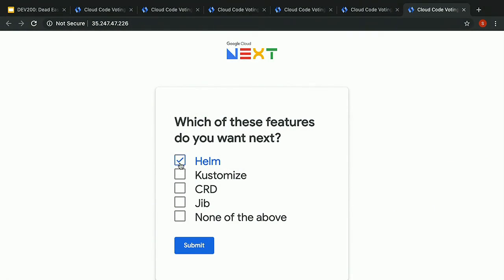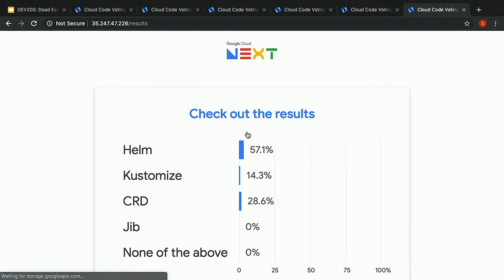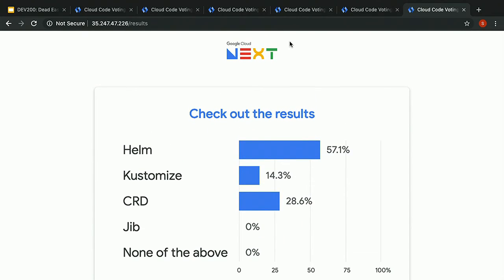One more thing I would like to bring your attention to is that as I deployed this application back and forth between the local and the GKE environments, I really didn't have to think about whether I am using the right build settings or the right deploy settings, or even the cluster that I'm actually deploying my application to. We just had to create a deployment profile for each of these environments, and Cloud Code is taking care of the rest. So we'll browse this application one last time, see if everything is working as we would want. Awesome. Now,